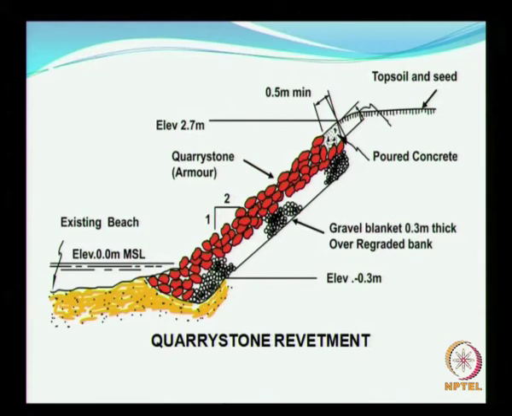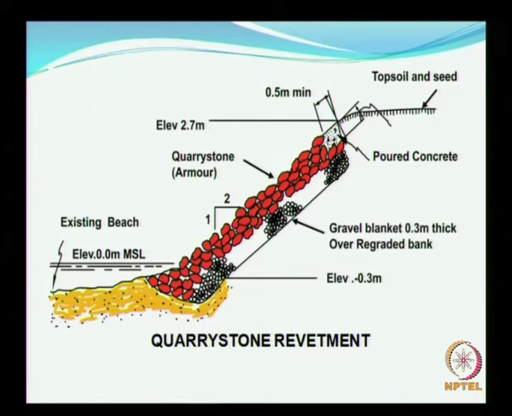Some of the problems here would be, if you do not properly take care of this, then during monsoons, if this is not properly filled with some kind of a filter layer with stones by applying geotextile, if you do not have a geotextile with a protection of filter layer and small quarry run stones here, what can happen, particularly during the monsoon, is that the water can get drained here, and then this will become very loose and the entire structure can collapse.